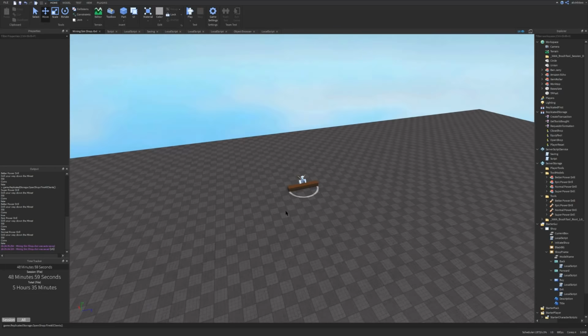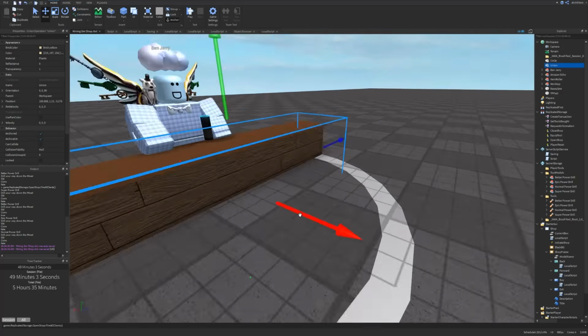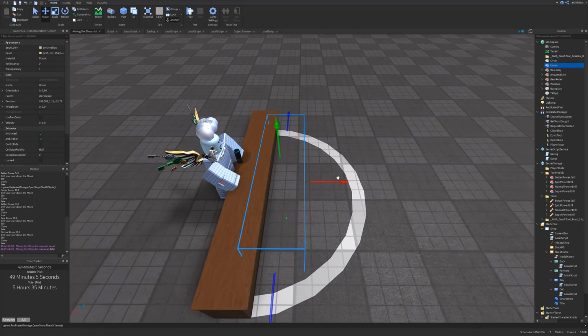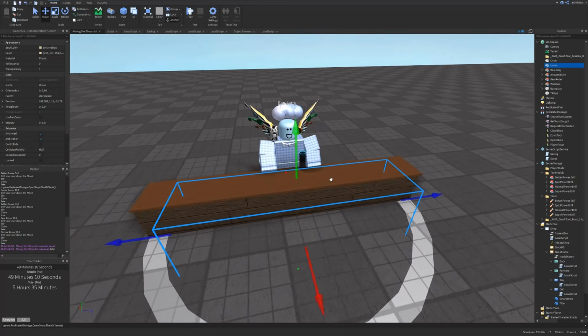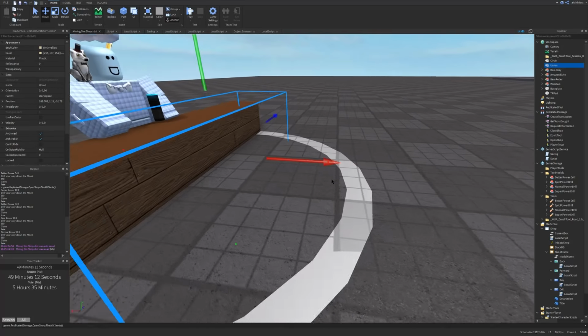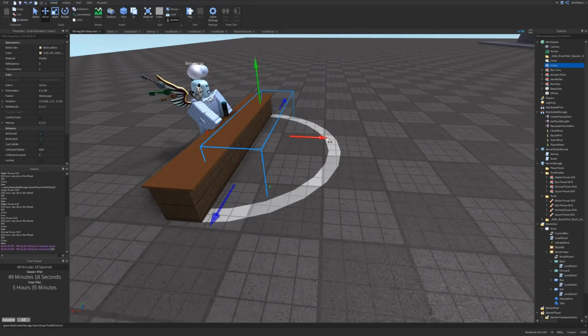So what we're going to do, we're going to go over to the shopkeeper over here, and there should be a union. Now, whenever the player steps within this boundary, there is going to be a script which detects the hit, and then it's going to fire off the remote event. So you can change this however you want. You can move this, because say if you moved it closer, then the hit would be detected just as you hit the